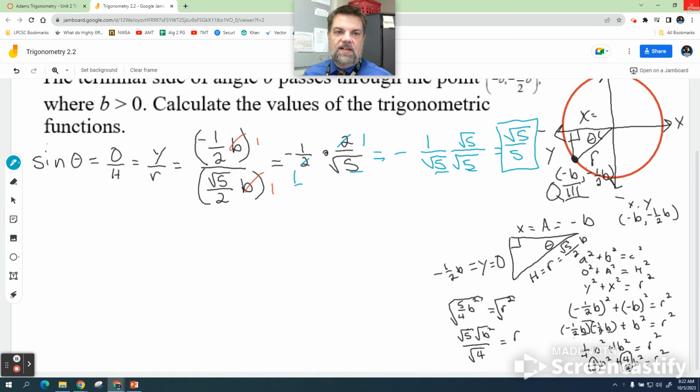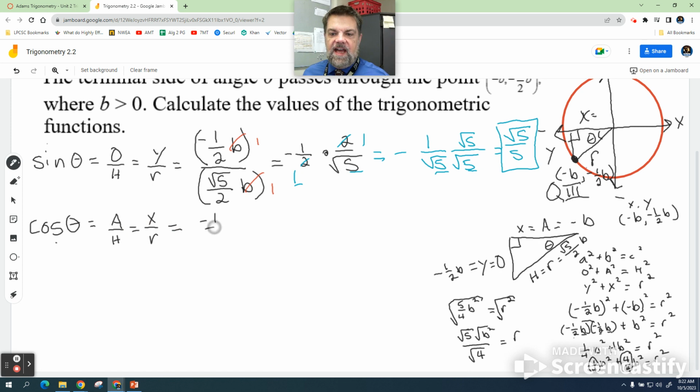All right, so let's finish that. So for cosine, once we do all this Pythagorean theorem stuff and we find out what r is, and once we figure out how to do the square root stuff, it's smooth sailing from here, right? So cosine of theta is the adjacent over the hypotenuse, which is really the x value over the radius, which is really what we say the x value was,